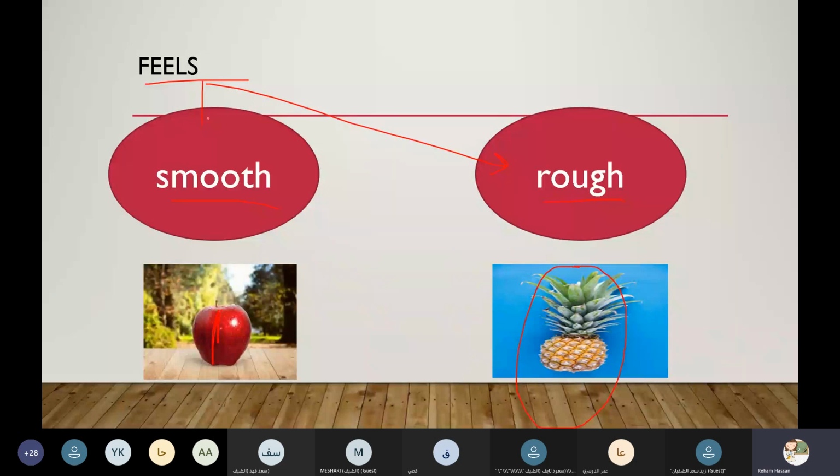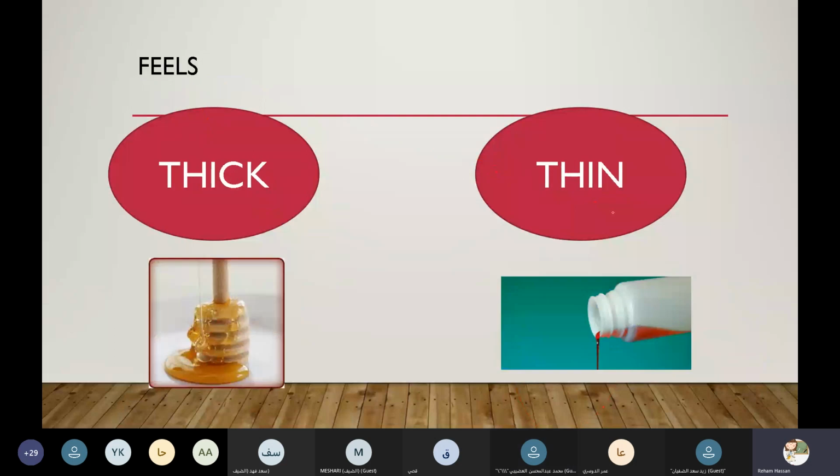Teacher, do you say after me, matter? Teacher, I'm Mohammed Adel Mohsen. Okay. Wait a minute. Yes, Muhammad? So what about the properties of matter? Some matter feels what? Like this apple feels? Smooth. Yes, smooth, super. And others are? Rough. Super boy. Thank you so much, Muhammad.